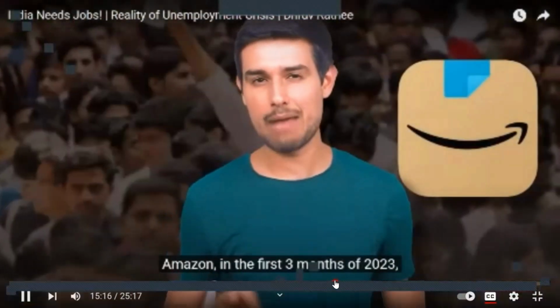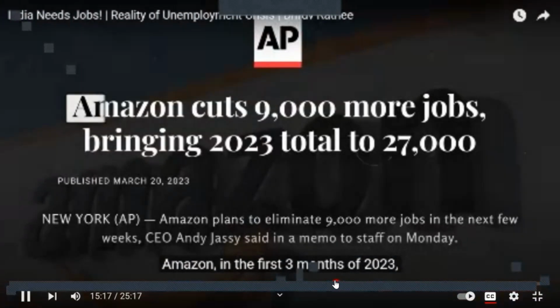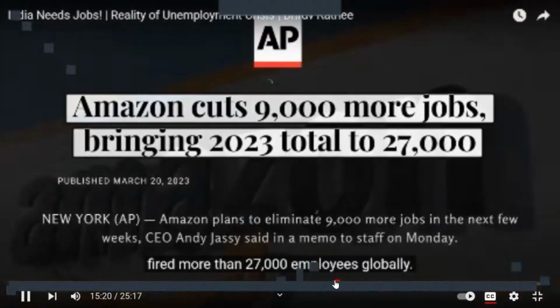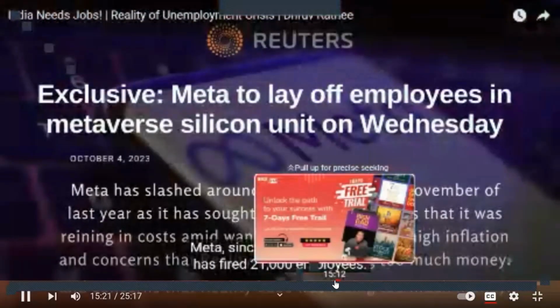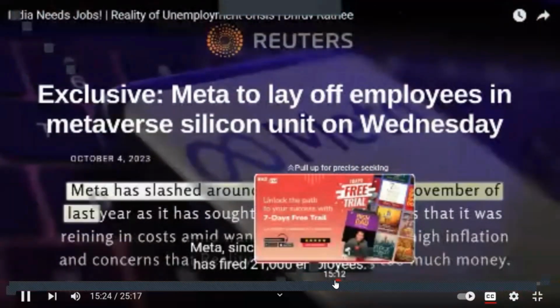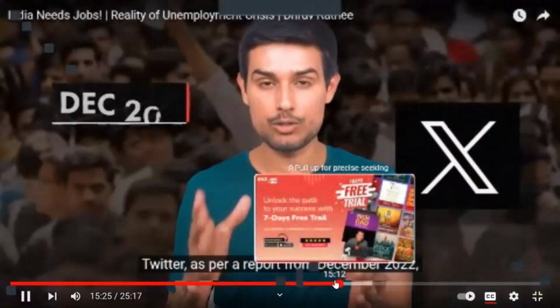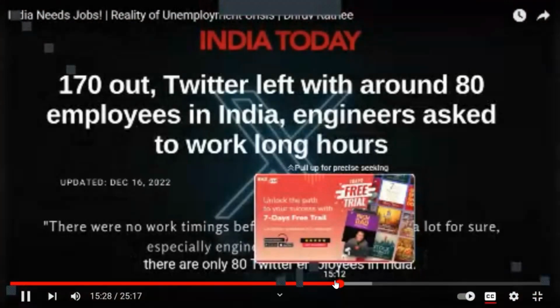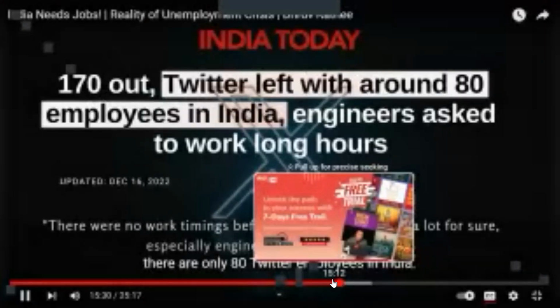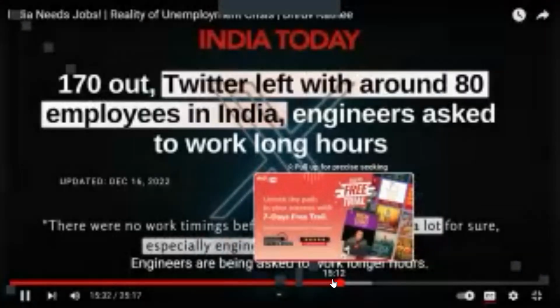दुनिया भर में भी कई कंपनीज यही कर रही हैं। Amazon ने 2023 के पहले 3 महीनों में 27,000 से ज्यादा एम्प्लॉयज को जॉब से निकाला ग्लोबली। मेटा नवंबर 2022 से 21,000 एम्प्लॉयज को फायर कर चुकी है। ट्विटर दिसंबर 2022 की रिपोर्ट, इंडिया में सिर्फ 80 एम्प्लॉयज बचे हैं ट्विटर के देश भर में। इंजीनियर्स को ज्यादा घंटे काम करने को कहा जा रहा है।